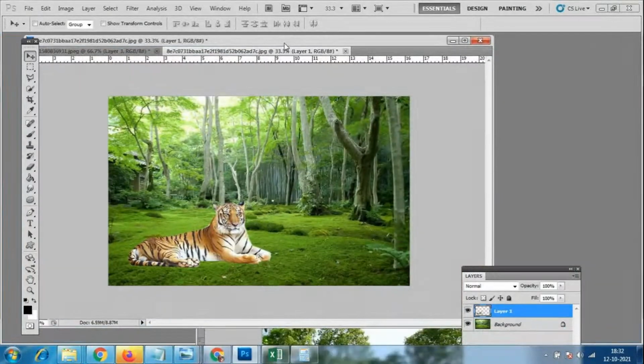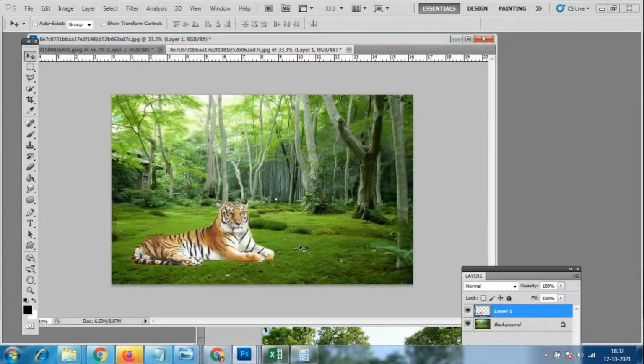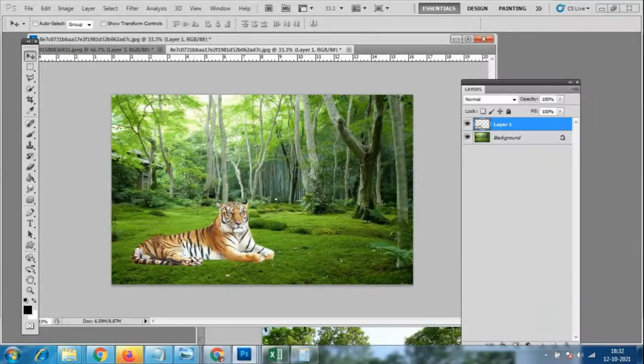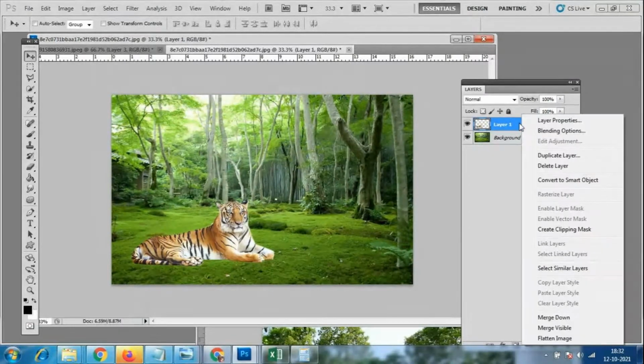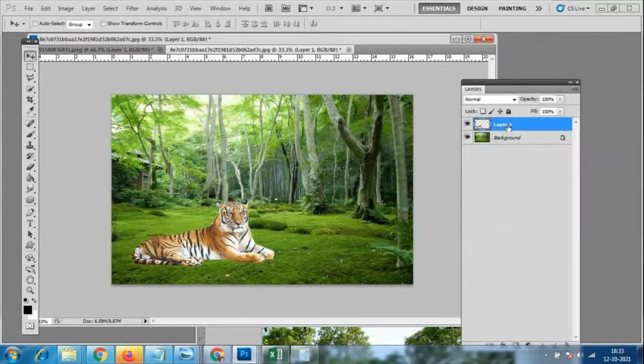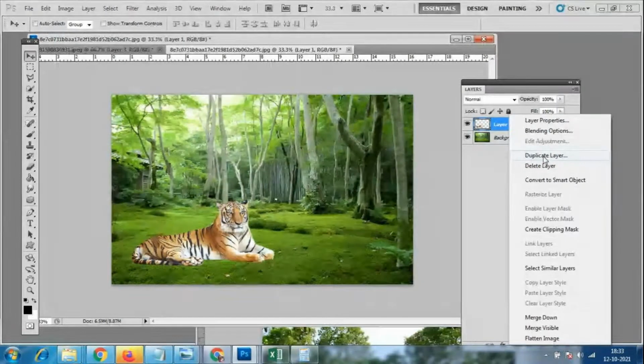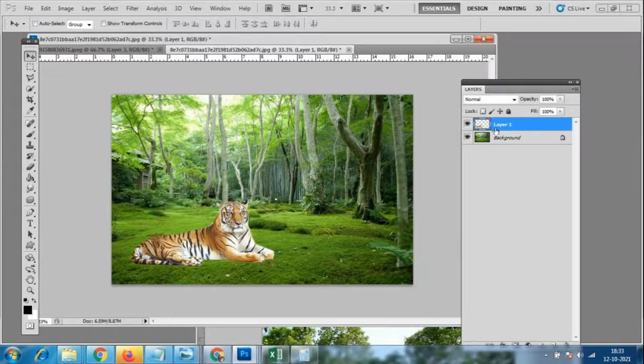Okay, so what we will do, now I have to take a duplicate copy of this tiger. Just select this layer, right click on this layer, and there is an option called duplicate layer. Otherwise we can press Alt with the move tool and drag like this.